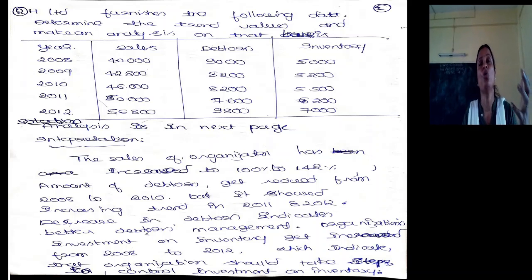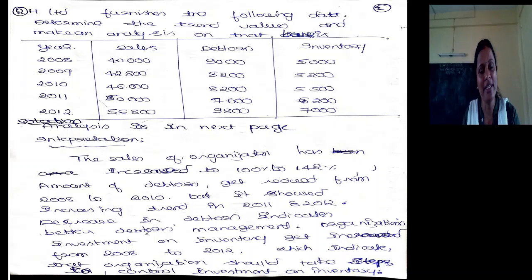And debtors. You know that debtors arise when there is credit sales. So, when you start selling goods on a credit basis, and if you are not concentrating on collection of debtors or early conversion of debtors into cash, then definitely investment on debtors gets increased. So, you need to manage debtors in such a way that there should not be more investment on debtors, more investment on inventory, even though there is an increase in sales.